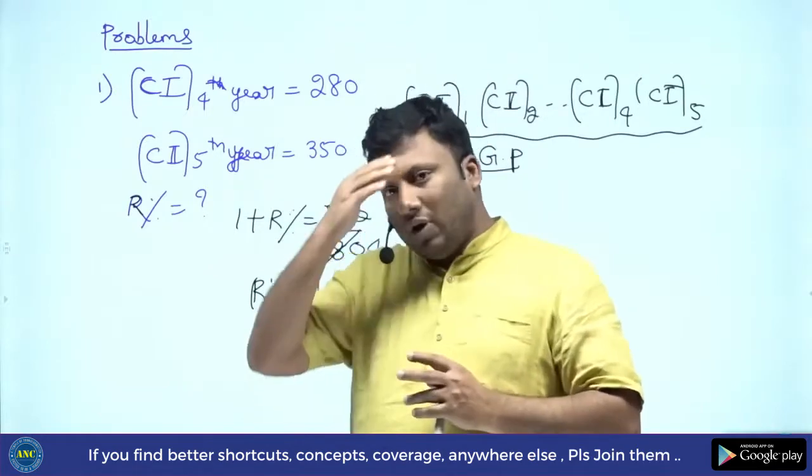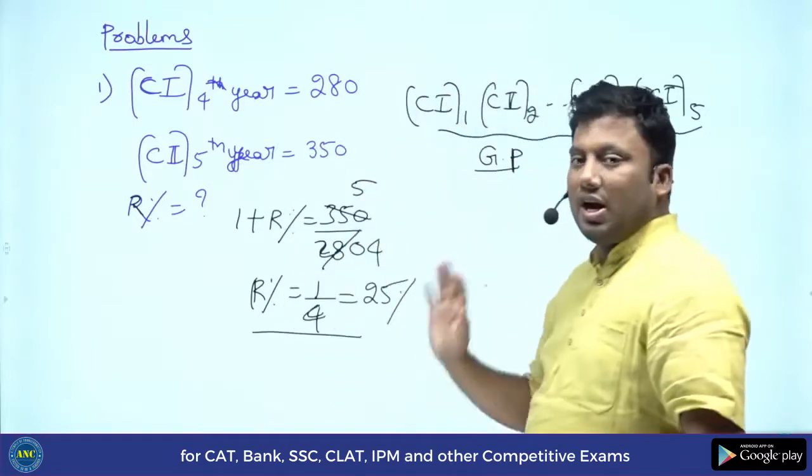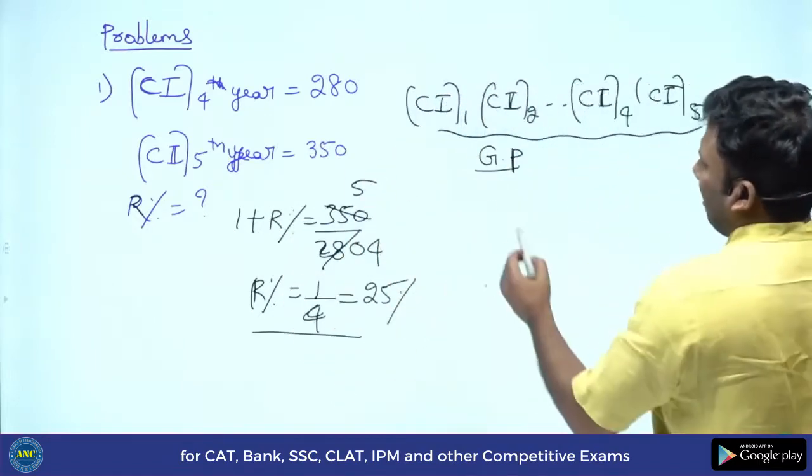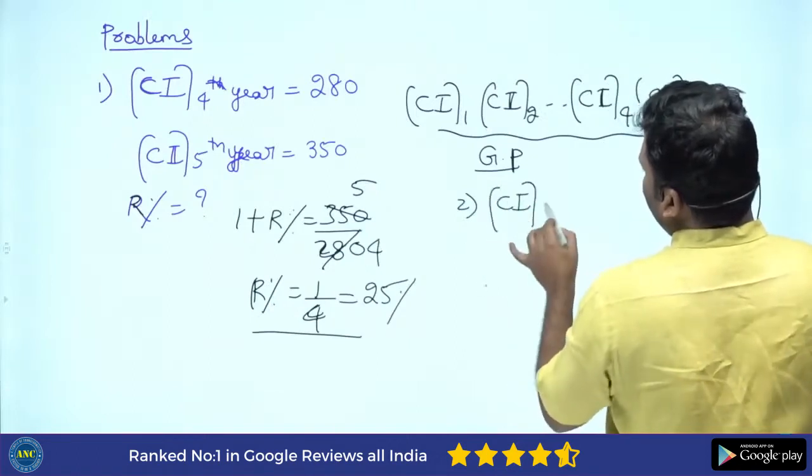1.1 can be written as 1 plus 10 percentage. I hope this idea is clear. Next one, suppose the question is CI for